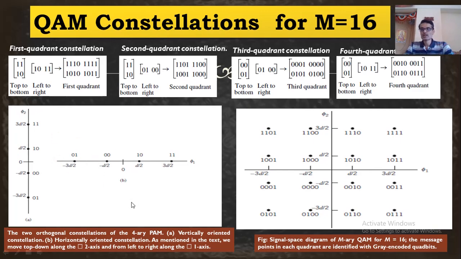Now from this I will get the signal constellation diagram for QAM. The product of this and this will give you the signal space diagram of the QAM signal with M equal to 16. So how do we multiply these Cartesian products? Now just look at this. This is what I have shown. How to get this? How to multiply this? Just look at this. The first case is multiplying top to bottom and left to right, what we have considered here.